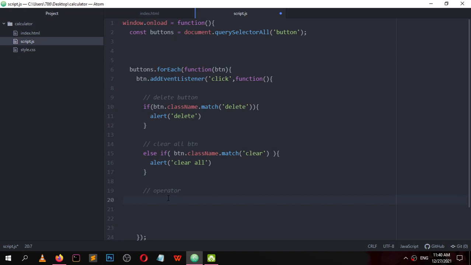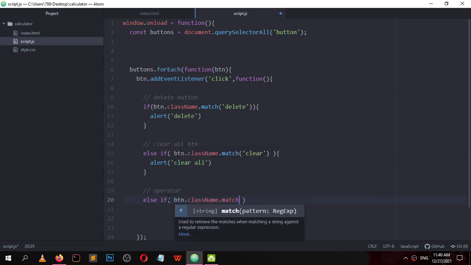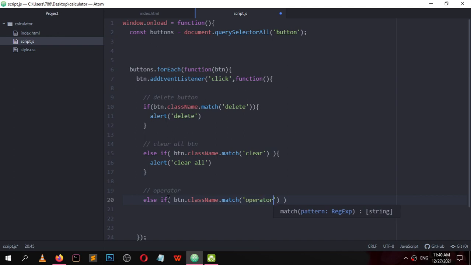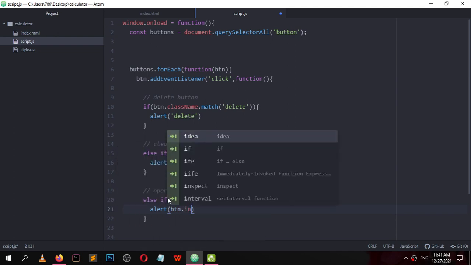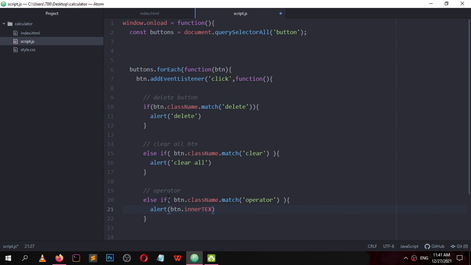Else if button.className.match operator, alert btn.innerText.